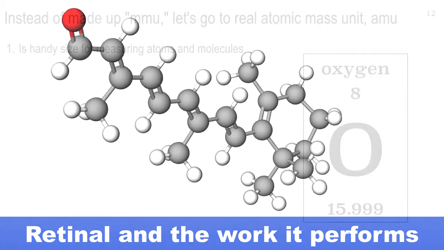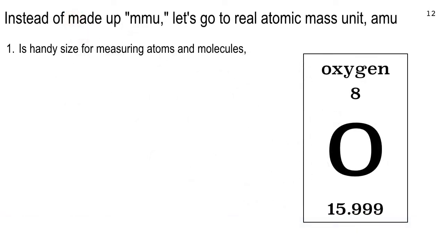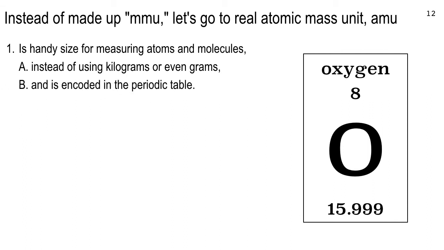Now let's get down to some of the brass tacks of molecules. Instead of using MMU, which is kind of fakey, I made it up for homework, there is a real atomic mass unit that scientists use. It's called the atomic mass unit, AMU, and sometimes you see it written down as a U. This is the handy size for measuring atoms and molecules and stuff. So instead of using kilograms or even grams, which you're definitely allowed to do, scientists use atomic mass units. Like this